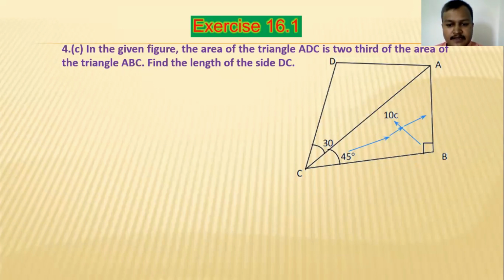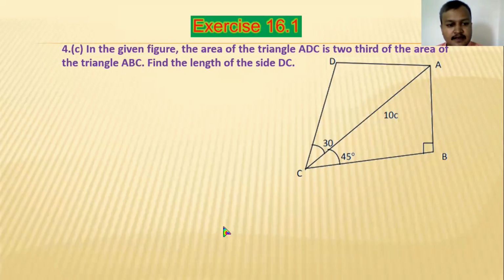So to use the formula of area of triangle, we need the side BC. We don't need AB, so we don't have to use a formula to find AB. We have to find out BC here. Why find out BC? Because area of triangle is equal to 1/2 product of two sides into sine of the angle between them. The two sides are AC and BC. The angle between them is 45-degree. If we know AC and BC, we can calculate the area easily. So at first we have to find out BC to use the formula of area of triangle.